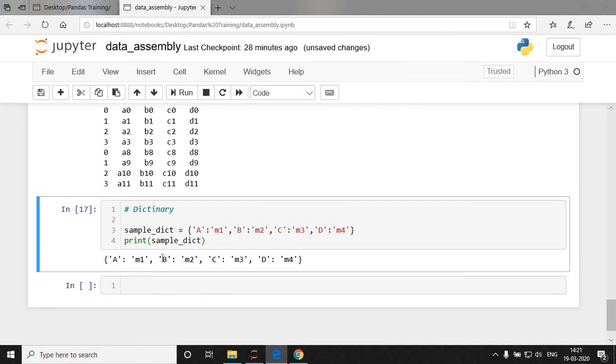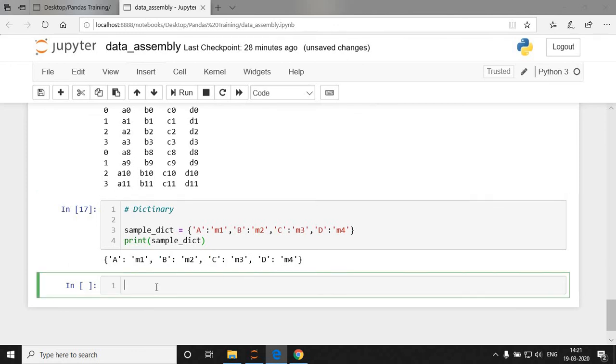Sometimes your key works like an index. Now what should we do? When we perform the append operation, we are going to ignore the index. So here I write a print statement,